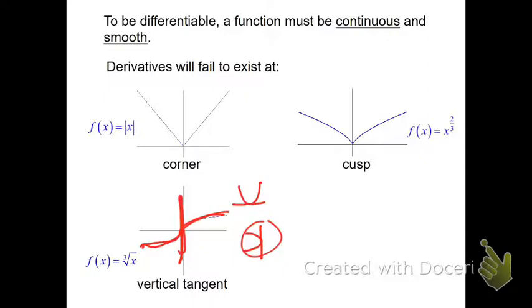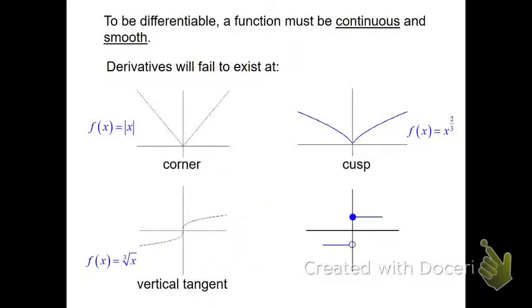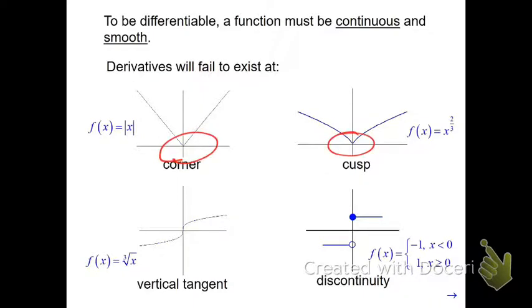And lastly, and most commonly, it's not going to be differentiable if it's not continuous, okay? It must be continuous in order to be differentiable. So to summarize everything you see here, it's not differentiable at a sharp point, okay, that's these two. It's not differentiable at a vertical tangent, right there. And it's not differentiable if it's not continuous, and that's a big one. Okay, so